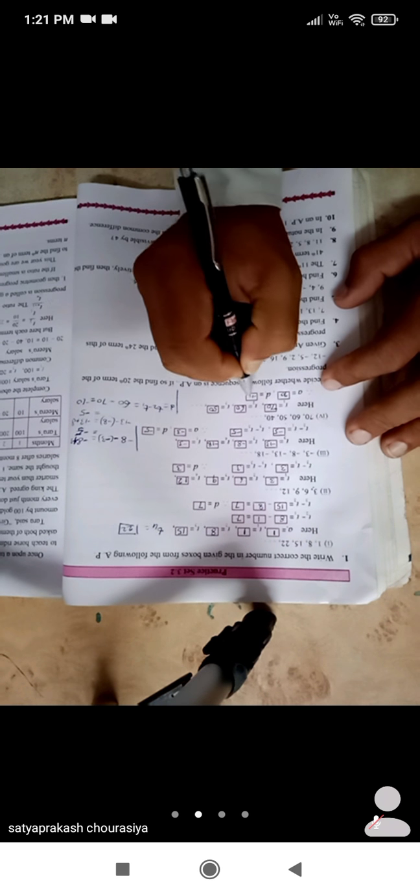How will you find out the D? D is equal to T2 minus T1. Now this is equal to T2 is 60 minus T1 is 70. Now, one plus and one minus are present in the question, so here plus minus minus, 70 minus 60 is equal to 10. The bigger number is 70 and before that there is a negative sign, that's why the answer will also carry the negative sign. So here D is equal to minus 10.